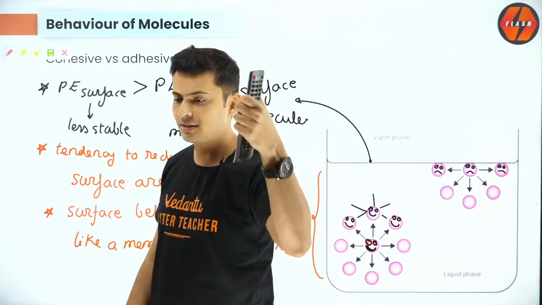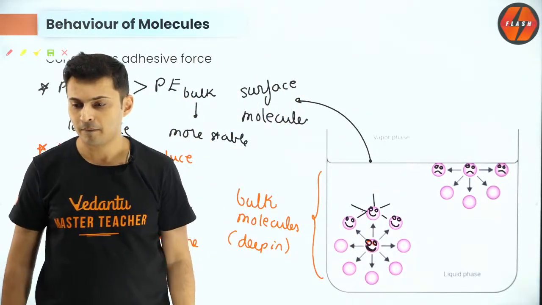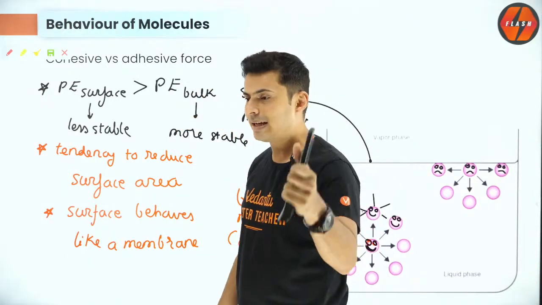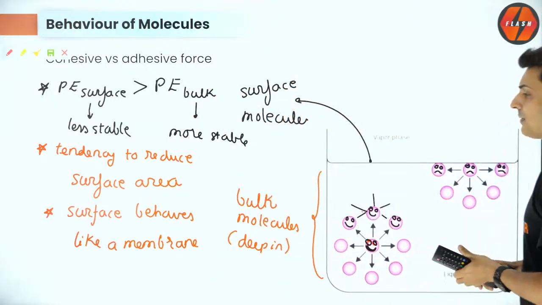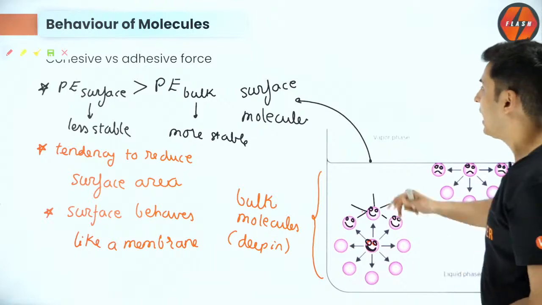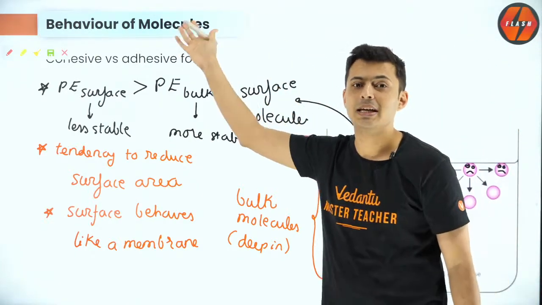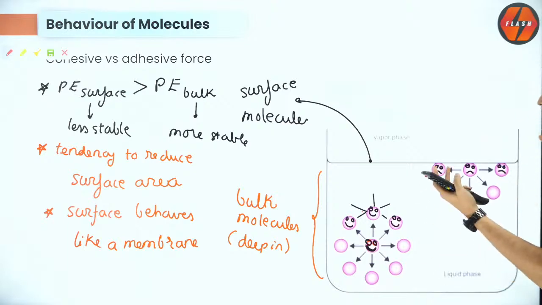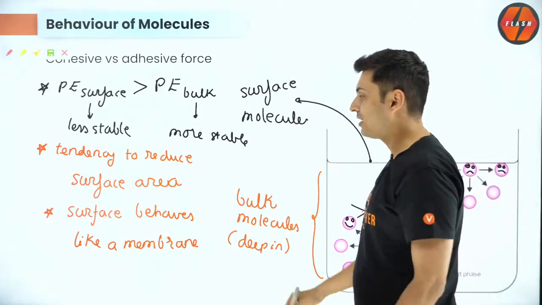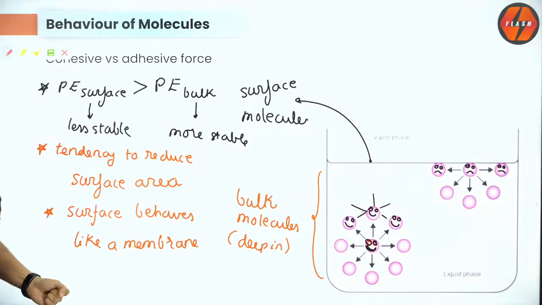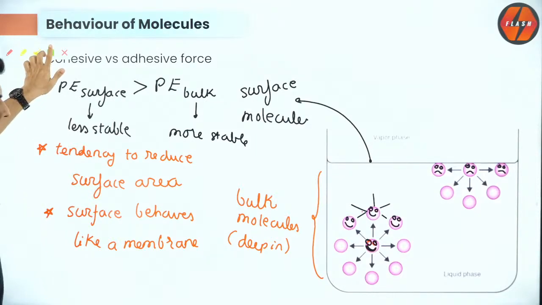I hope this is very, very clear. Bulk modulus is completely different. I hope this is very, very clear, guys. So the surface behaves like a membrane, and this property is basically telling us how these molecules behave in a liquid, and that's the reason why surface tension occurs. All right, very good. No, Shalini, I don't know Tamil. All right, now if this much is understood,